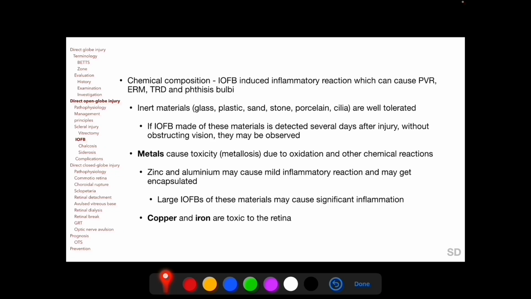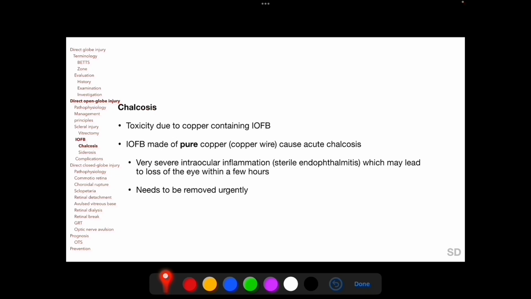On the other hand, metals cause toxicity called metallosis due to oxidation and other chemical reactions involving the metal ions, and this is very important to remember. Zinc and aluminium usually cause mild inflammatory reaction within the eye, but copper and iron are toxic to the retina and cause severe damage. Chalcosis refers to toxicity due to copper containing intraocular foreign bodies, and intraocular foreign bodies made of pure copper, such as a copper wire, cause acute chalcosis, in which there is a very severe intraocular inflammation which may lead to loss of the eye within a few hours, and these intraocular foreign bodies need to be